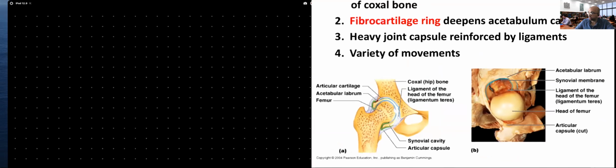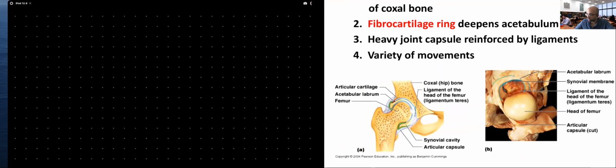of the coxal bone. If you notice on here, in order for me to make the acetabulum even deeper, for me to have a better reinforcement and better stabilization of the joint, remember, this joint is holding all your body weight down. It's transmitting the body weight from your axial skeleton to your legs. All right, so remember, you have a lot of pressure applied on this joint, so it's better to be reinforced rather than dislocated. So in order for me to have better reinforcement, you will see that the acetabulum is going